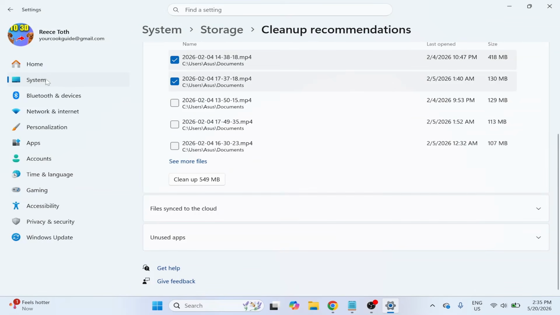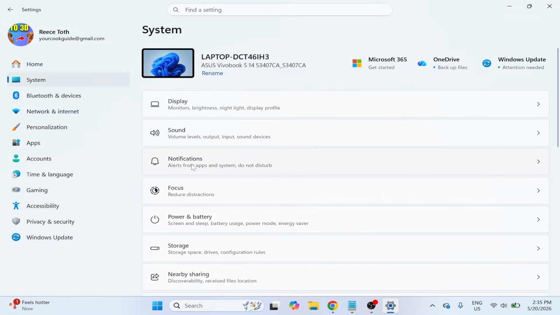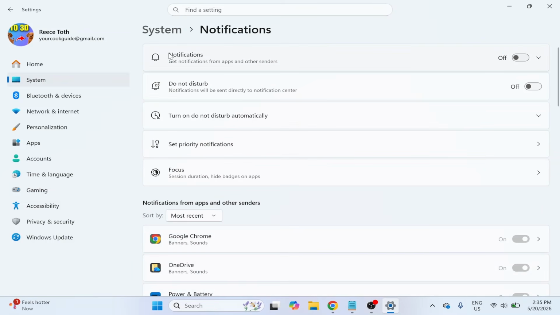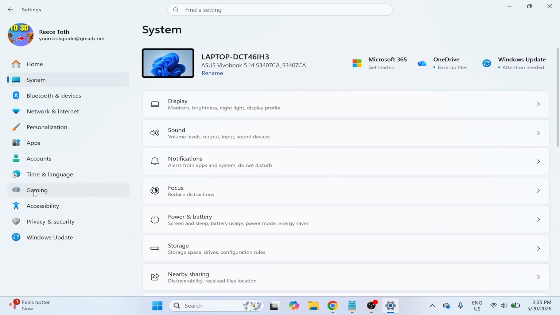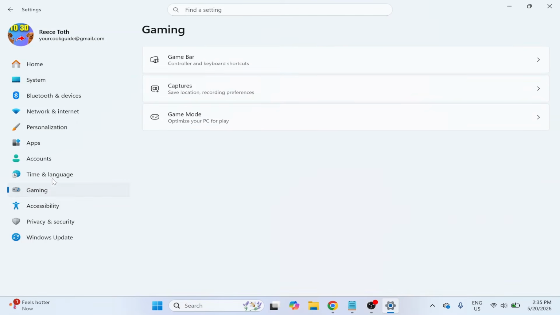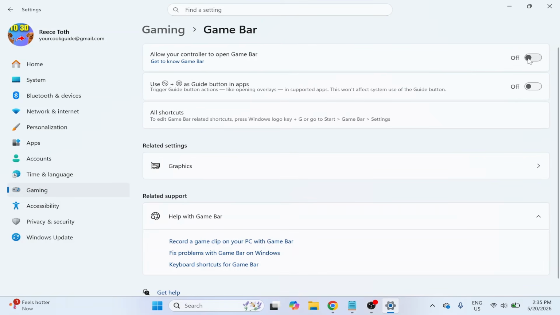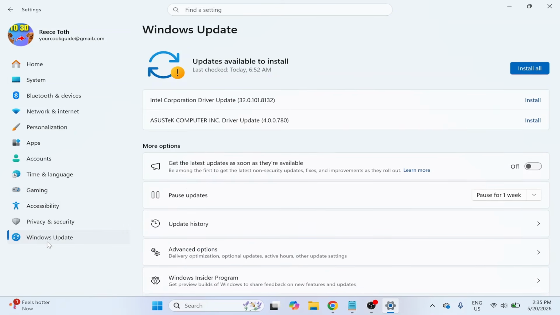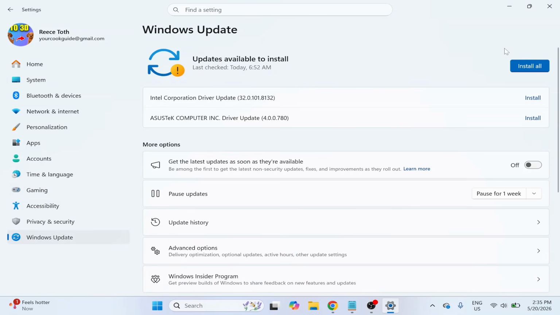Now click back on System from the left hand side, select Notifications, and make sure your notifications are turned off and disabled, as this can also slow down your computer. You'll then need to click on Gaming from the left hand side, click on the game bar, and make sure all of these options are turned off. You could then press Windows Update, click on the Check for Updates button, and just go and install any outdated